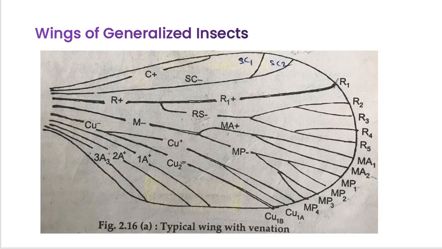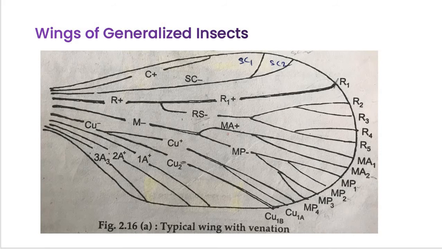So, endopterygotes and exopterygotes. Now in the adult, the wings appear as thin or thick, transparent or leathery, partially pigmented or darkly sclerotized, and may be fan-like or flattened membranous structures. Such a wing consists of sclerites at the base, and such sclerites are used for articulation of flight muscles.